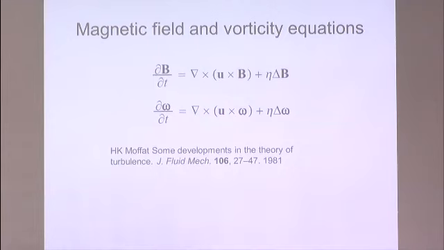So, the key question which comes when considering such equations is, everybody knows that in magnetic fields you have the dynamo effect. If you have homogeneous turbulence with non-zero helicity, you will always have a large-scale instability like the dynamo effect and magnetic field generation. It is well known in astrophysics and well accepted. Then you have similar equations for vorticity. The question is, do you again have any possibility of large-scale instabilities of homogeneous helical flows?